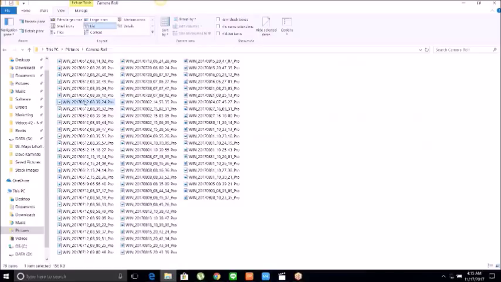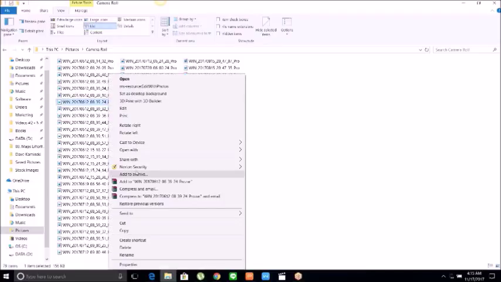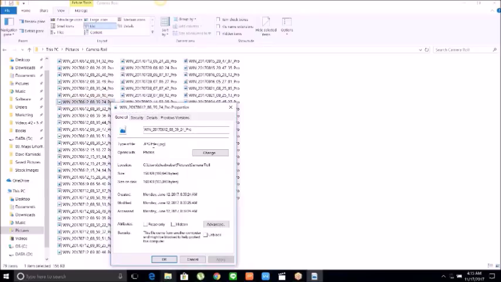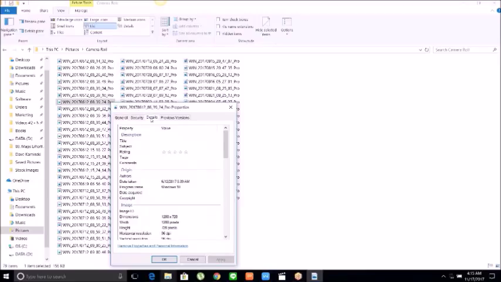So I'm going to identify the photo that I'm going to upload, and then I right click and I come down here to where it says properties. So within properties, I then click details. Okay, this is what we want to have access to, this right here where it says description. This is kind of our secret weapon. Okay. So just showing you exactly where we're going to be going and why you want the list layout,